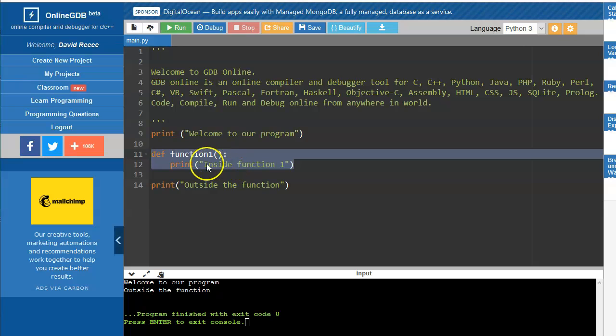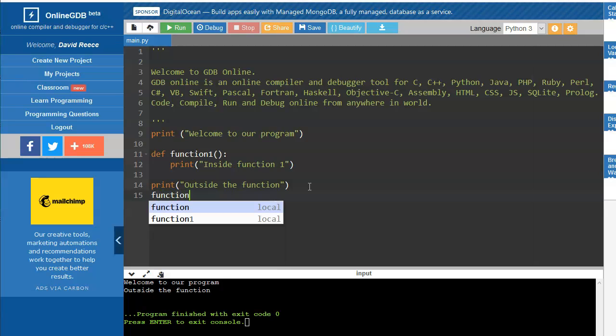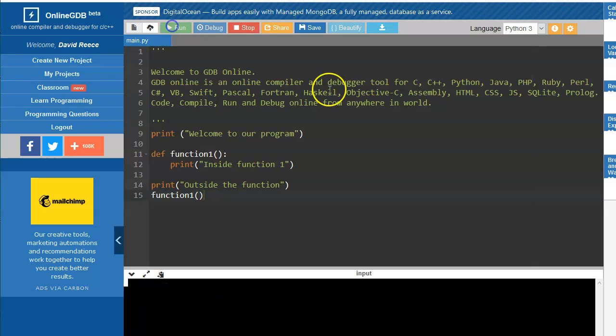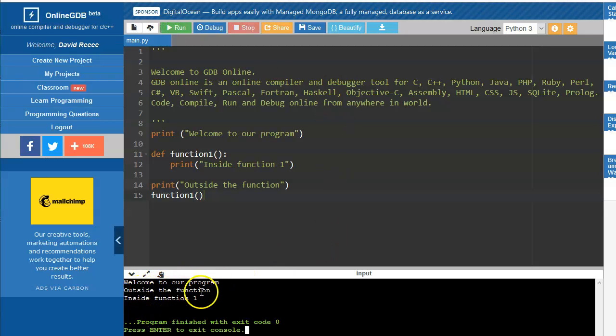So if I want to print that code, what I have to do is type in the name of my function and put the brackets. My function was called function1, so I do that. I hit run, and now I can see welcome to our program, outside the function, inside function1. If I want to do it twice, I can type in function1 over again. I hit run,